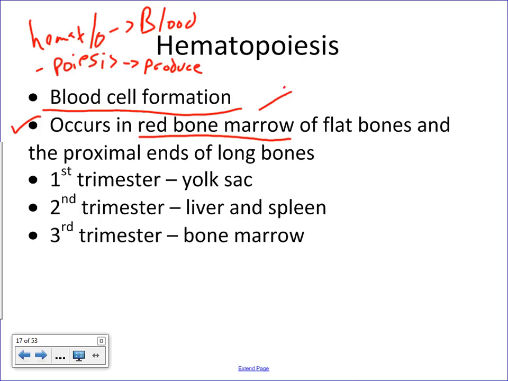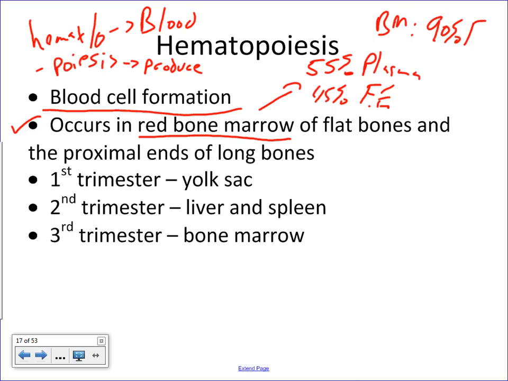Red bone marrow is kind of similar to blood. Remember we said that the composition of blood is about 55% plasma, 45% formed elements, whereas bone marrow is about, give or take, 85 to 90% formed elements and very little plasma, so the remaining would be the watery component. Basically, red bone marrow is just really thick blood, more or less, except the types of cells that you find in red bone marrow are what are called